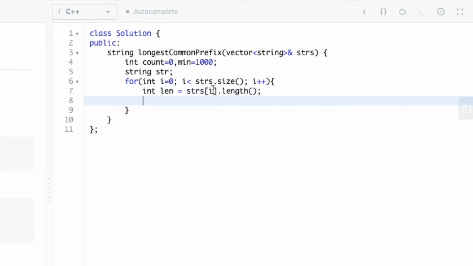So here we traverse the array of strings, and for each string we find the string length and store it in len. And if the value of len is less than min, then we found a minimum string.